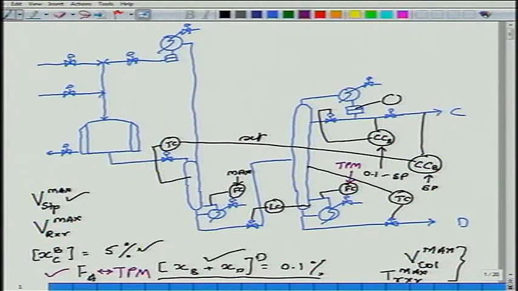V reactor max, well, I have to have level control on the reactor. How do I do that level control? The only option, well, see, temperature must be controlled tightly, right. So, I have a temperature controller, this will give me tight temperature control. I also have to have level control. How did we do it last time? We did it this way. LC adjusts this and this is under flow control.